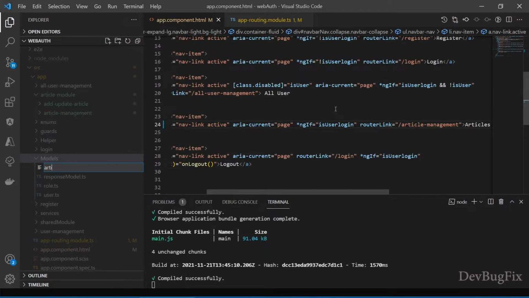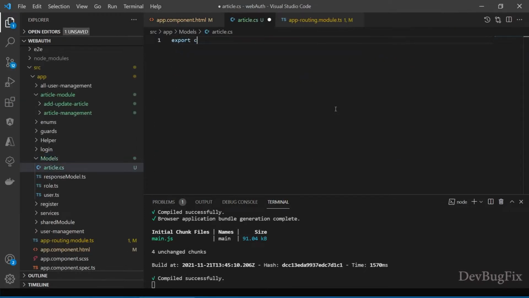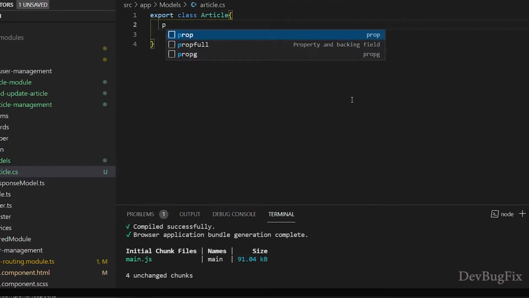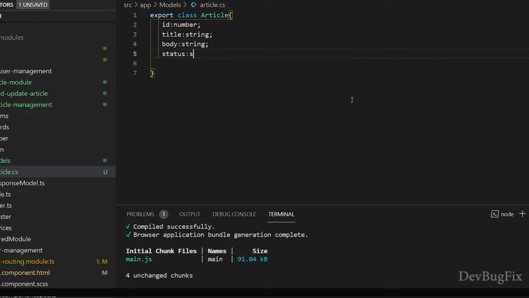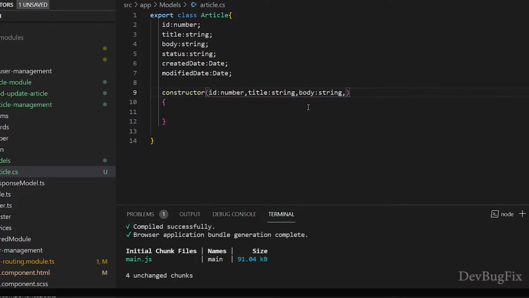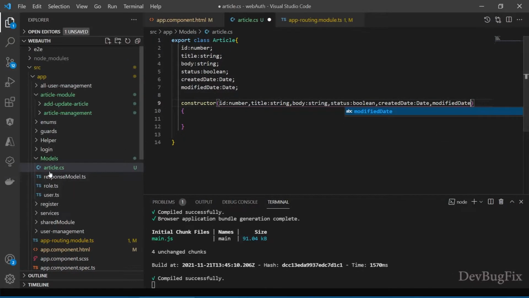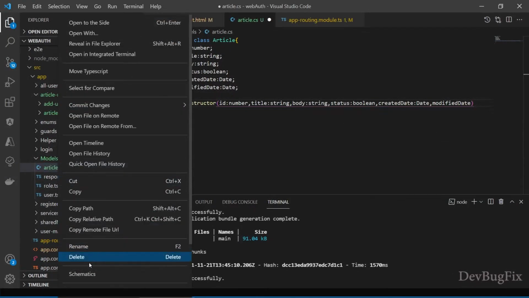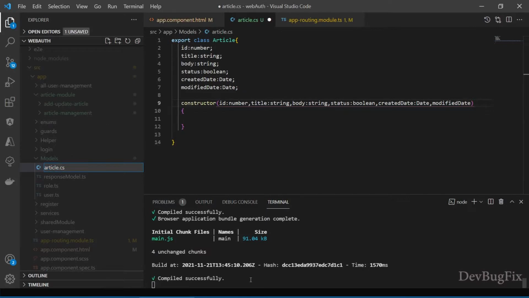Now we will add model class. I created C# class and it should be TypeScript class article.ts.